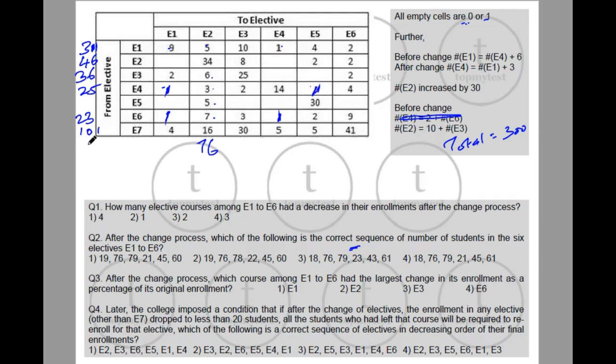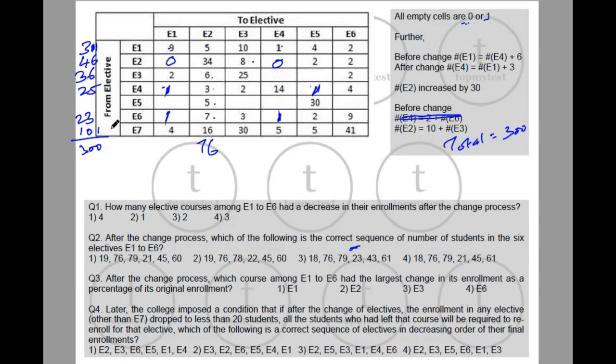All right. Now we know this total has to be 300, right? So we can find the rest of the number here. Okay, let's add this and see if we can add something for E2. This is 42 plus 4, 46. This is 46. So this has to be 0. Okay, this is nice. These two have to be 0. There is no other number to fit here.